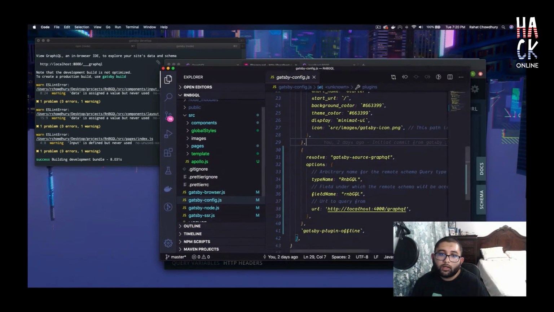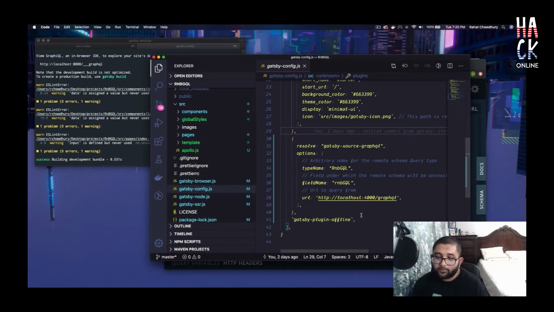So how do we actually connect our API to our Gatsby project? Well, that's pretty much as easy as installing this plugin right here, Gatsby Source GraphQL. Once you've installed it, doing a simple npm i, you can add these options. These options are pretty much copy and pasted from the Gatsby documentation, and I just replaced the fields with what's relevant for my API. And I made sure that I'm pointing it at the endpoint for the API itself.